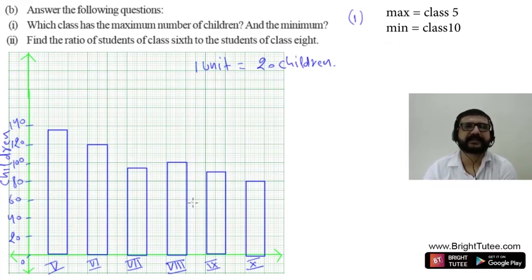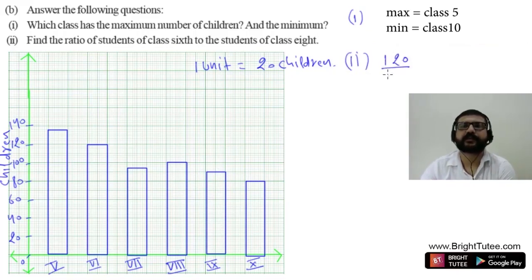Now as we can see, the shortest bar is for class 10th. So the minimum number of students will be in class 10th. And then we have to find the ratio of students of class 6th to the students of class 8th. So it will be